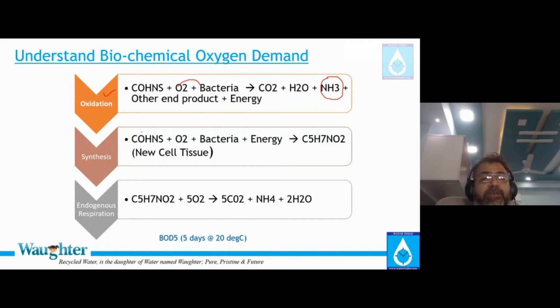The second thing is COHNS plus oxygen plus bacteria plus energy is equal to new cell. So new cell formula. Because without energy, you cannot have reproduction. Okay. We require energy. We require heat. So C5H7NO2. Even you can say simple example. Even the